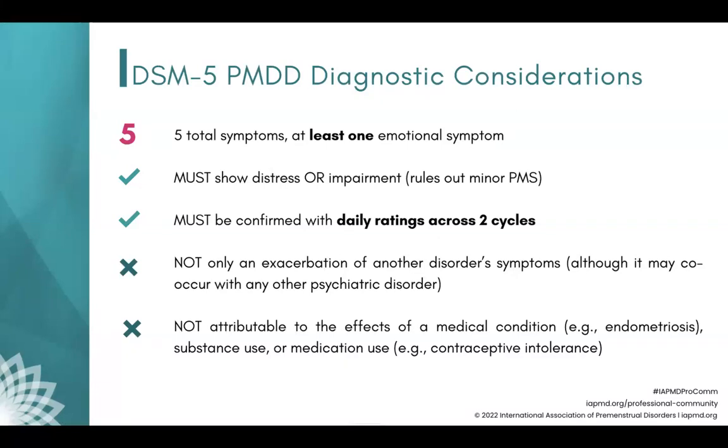You must show distress or impairment, right? This rules out just minor PMS to show that this is really clinically significant. It must be confirmed with daily ratings across 2 cycles, and we'll talk a little bit more about that later. And this cannot only be an exacerbation of another disorder's symptoms. So it may co-occur with another psychiatric disorder, but it can't just be an exacerbation of certain symptoms associated with